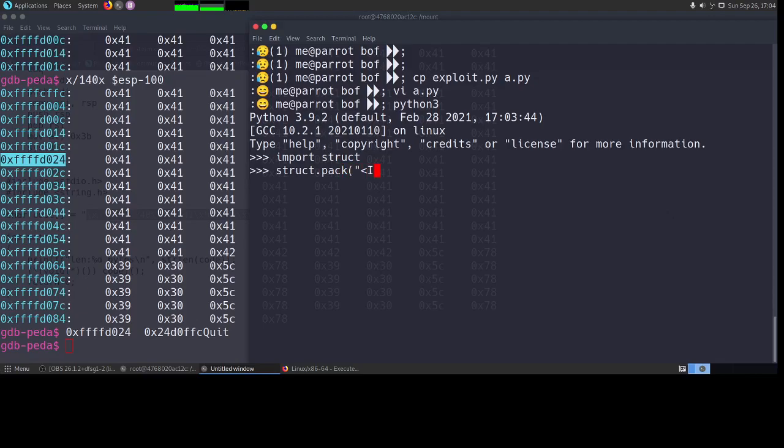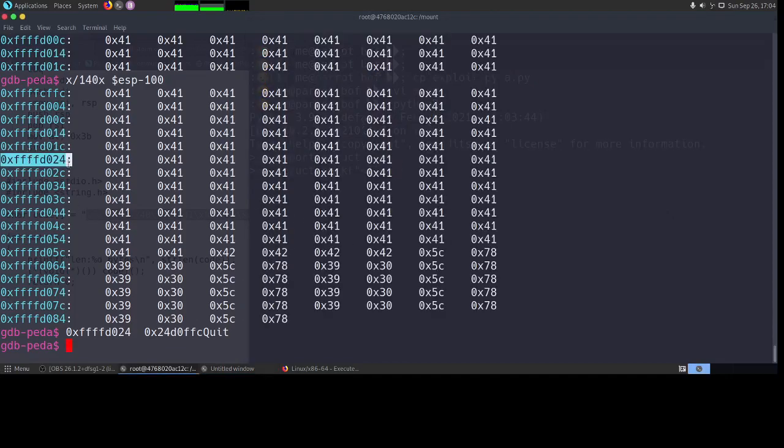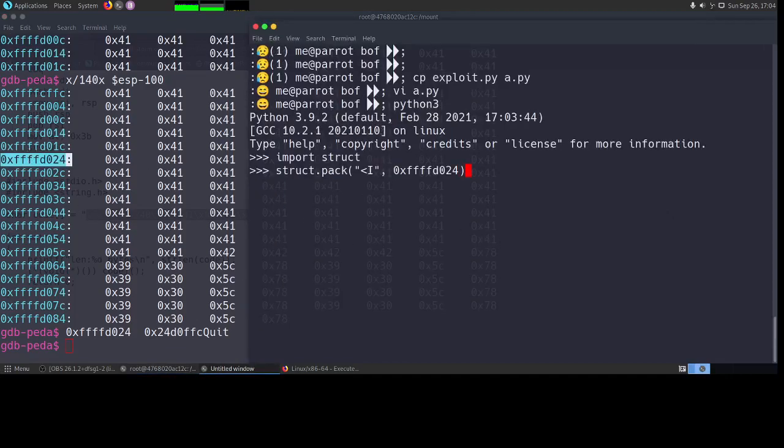I want less than capital I, and then the address. Let's assume this address. As you can see, it is giving me \xff\xff\xd0, and then 24 translates to $. So it is giving me the address in the exact format that I wanted, using less than and capital I.